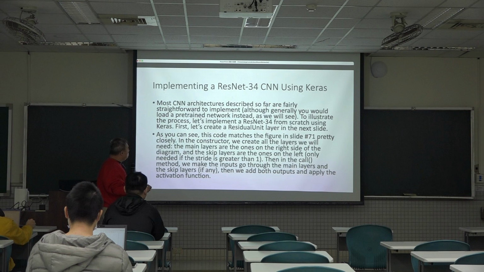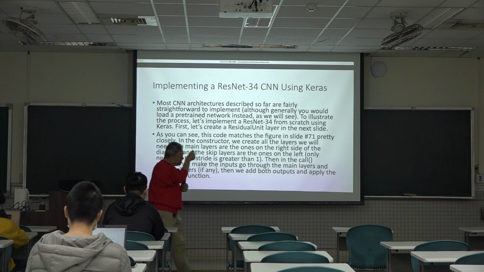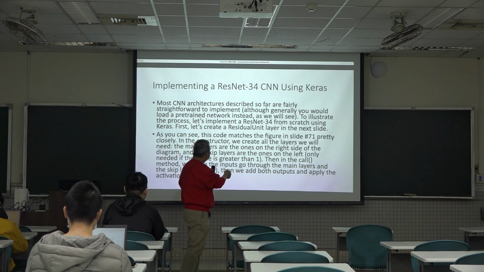You will see that it's actually very, very easy to use Keras to implement one of the famous architectures, for example, ResNet 34. This 34, if you still remember, represents the total number of